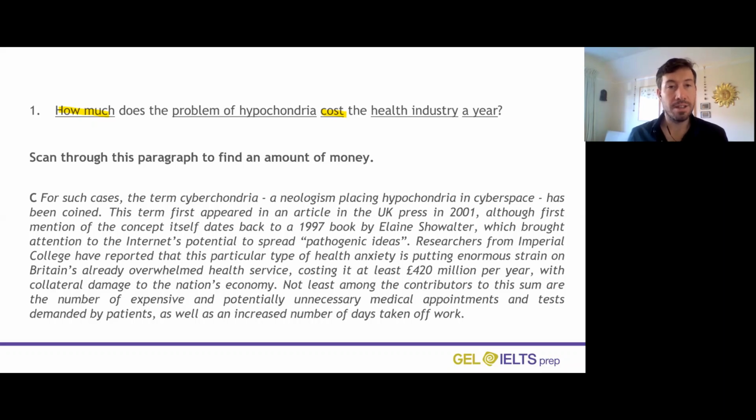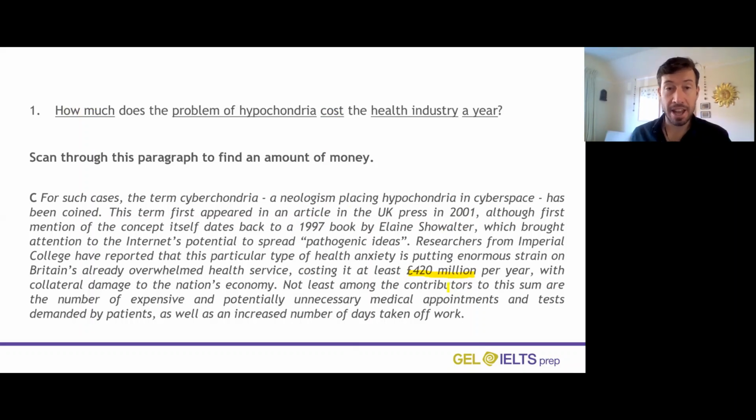Okay, so hopefully you found 420 million. I mean, there are other numbers like 2001, but that's a date. 1997, again, that's another date. But then you have the money here, 420 million. So the 420 million is the key thing. So we found that. Now we just need to check